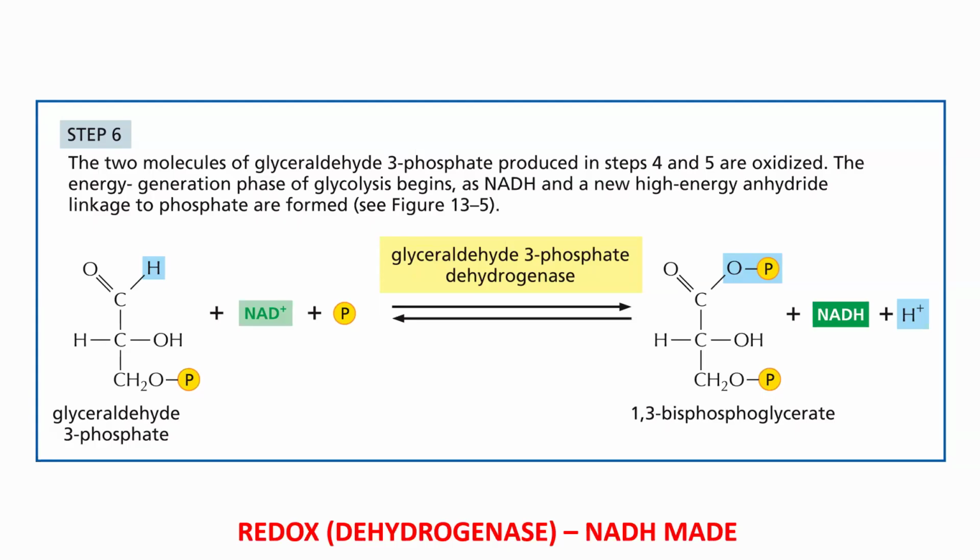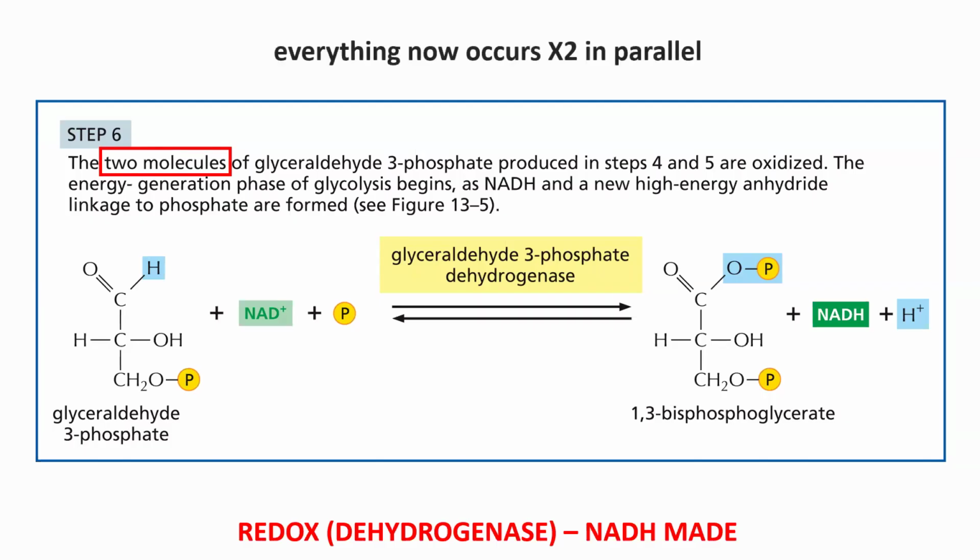It's amazing. You can see 1,3-bisphosphoglycerate is a double phosphorylated molecule, just like the bisphosphate we saw in fructose. These 2 phosphates want to get very, very far away from each other. They're both negative, but unfortunately, phosphoglycerate is not a fragile molecule, so this molecule doesn't split. Instead, we are going to let one of those phosphates go. And just a reminder, all of this is happening twice over.